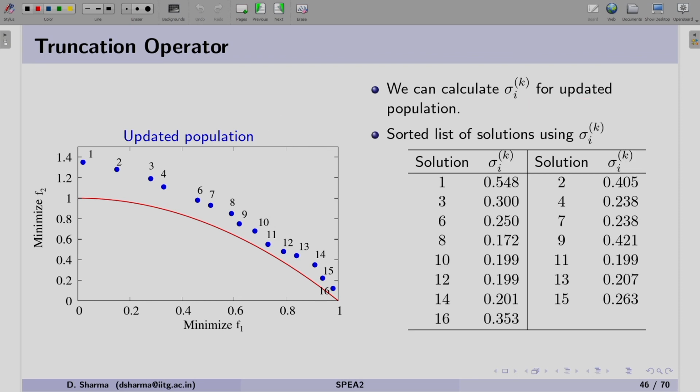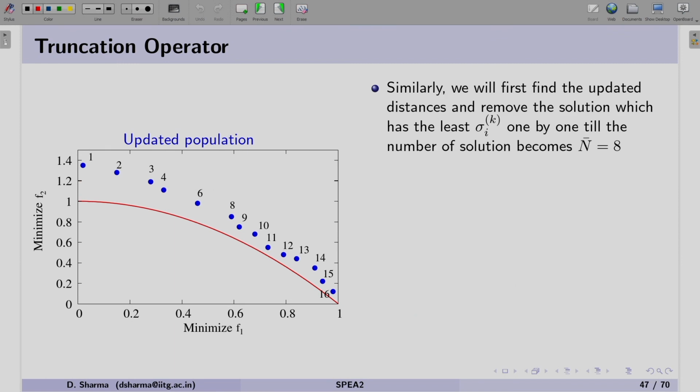These are again the sorted list of sigma i k values for the remaining 15 solutions. From this table, we can see the minimum value corresponds to solution number 8, which has to be removed. So, we are going to remove solution number 8.